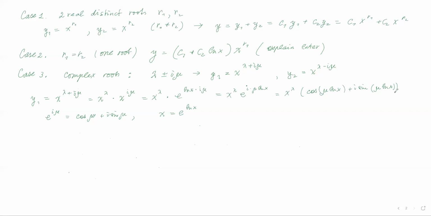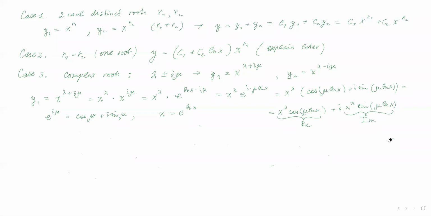And that's going to be my solution. I'm going to do one more step here. I'm going to separate the real and imaginary part of this solution. I'm going to multiply x to the power of lambda by cosine and x to the power of lambda by sine. So x to the power of lambda cosine of mu ln of x, looks crazy, right? Plus i x to the power of lambda sine of mu ln of x. This is lambda, this is not x. Now guys, this is the real part of my solution, and this is the imaginary part of my solution.